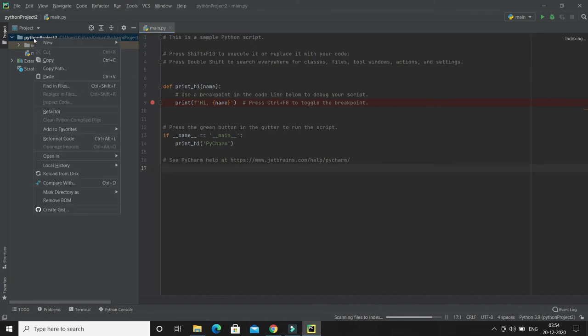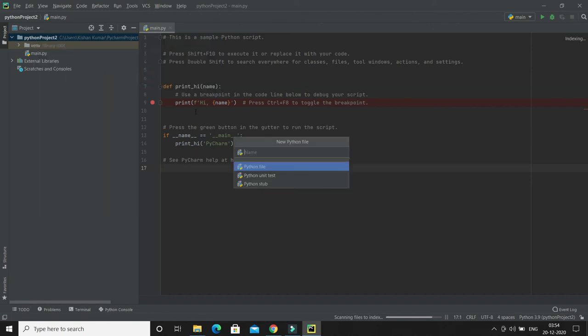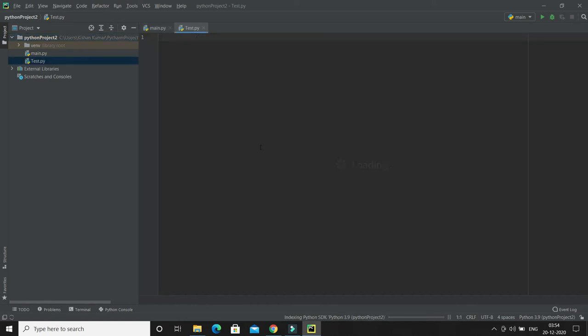Now just right click on the project and go to new, and here you can create a Python file directly. If you click file, it will not give you the extension as .py. So if you want to create a Python file, directly select Python file, and here I'm going to give the name as just test, and you can see the extension has been added automatically.